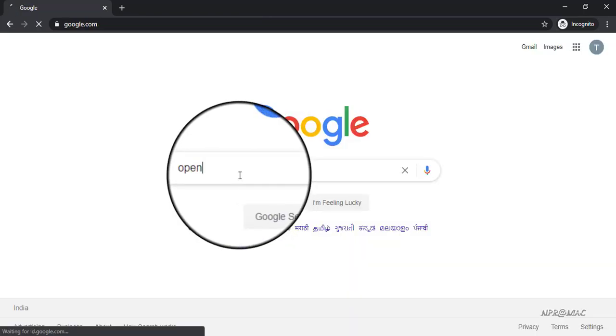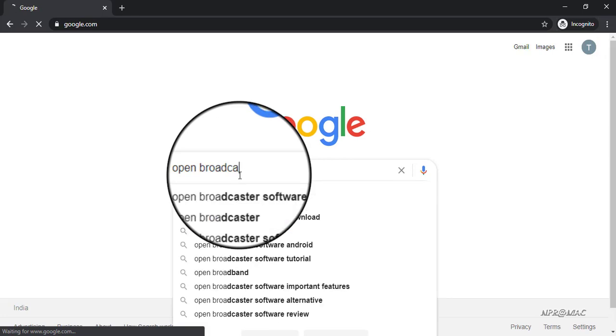Now, we are going to download and install the OBS software for live streaming your screen.